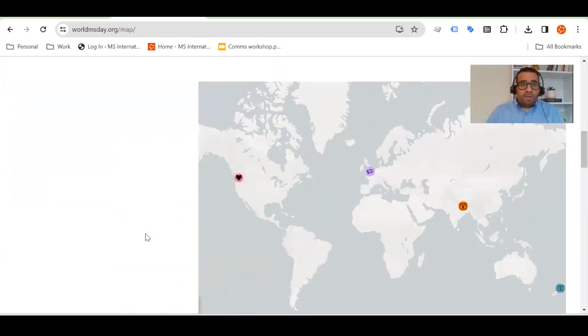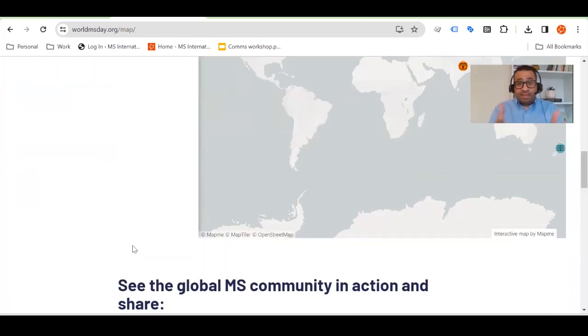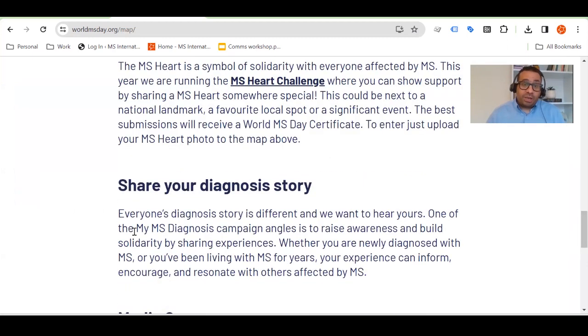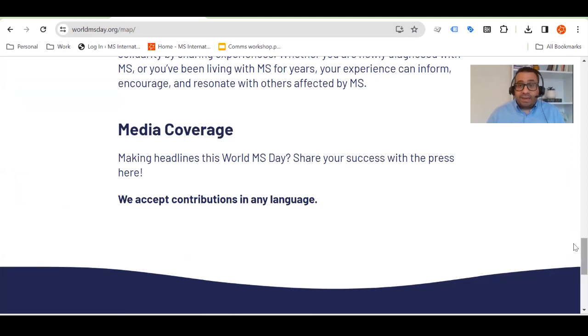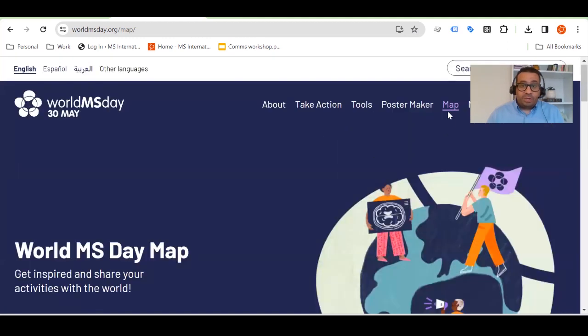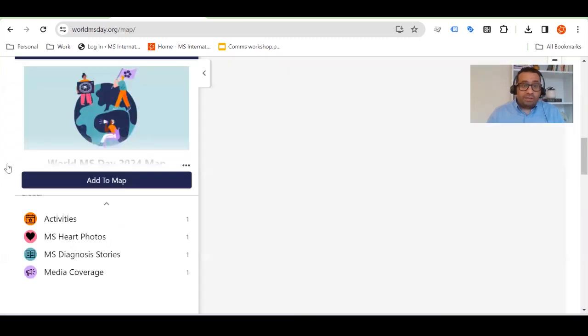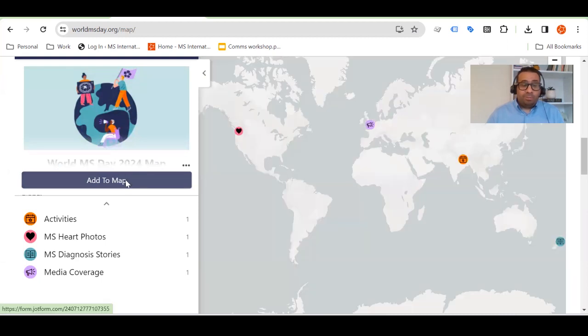And it's not only about you coming and seeing what's happening, getting inspired, which is very important, but it's also about sharing your own activities and events so others get to see what's going on and get inspired by yours. So you'll be able to also log in or submit your activity by clicking on this add to the map. Once you press on that,